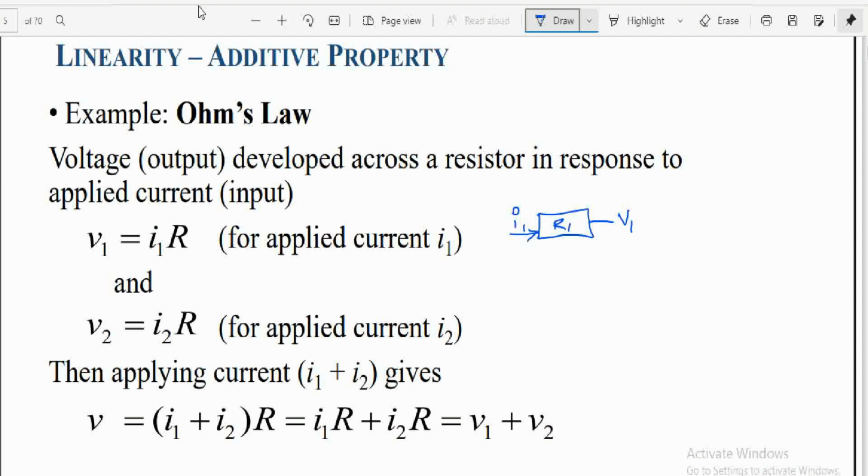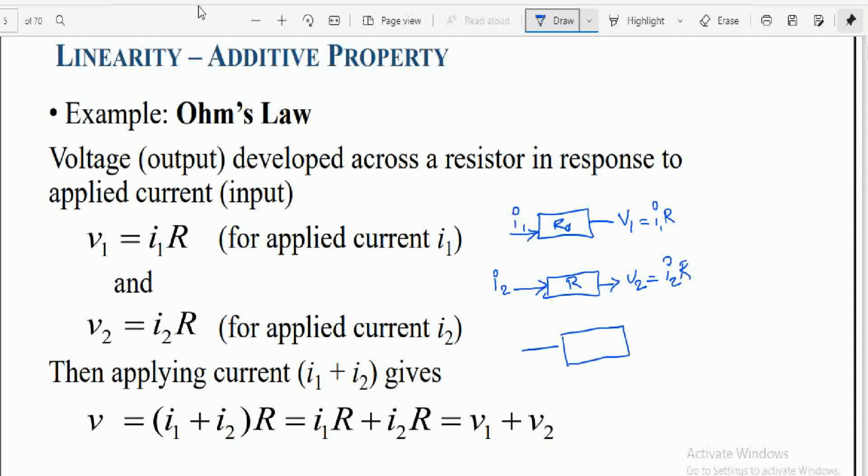Let us consider voltage V1, which is equal to I1 into R. Let us consider this is a resistance R, I1 into R. Let us consider the same resistance R. Let us apply a second input I2, then the response becomes V2 is equal to I2 into R. Now if I apply